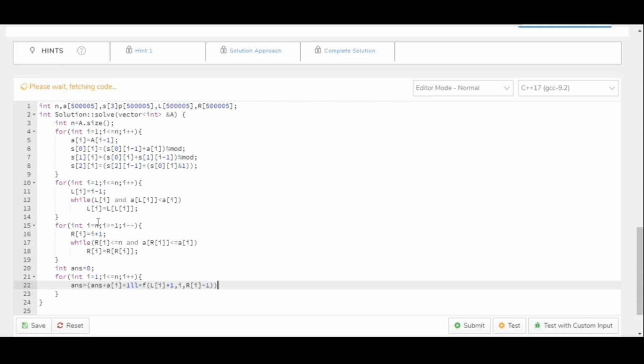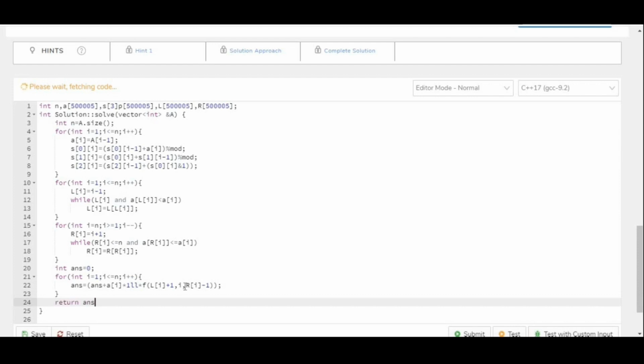So basically this denotes that A[i] is the maximum element, and then we will find the sum of subarrays containing A[i] as maximum. And we know that they should have the left point greater than or equal to L[i] plus 1 and the right point less than or equal to R[i] minus 1, and the middle index should be i, like it should contain i. And we will return answer. Also, we need to take mod here as well.